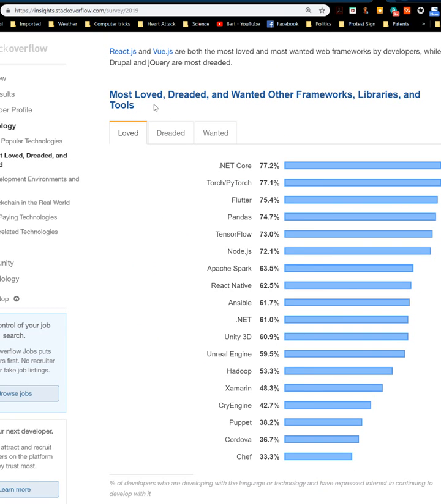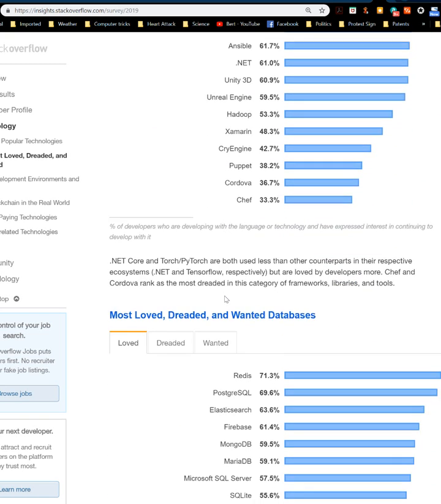Wanted other frameworks and libraries. Again, this is where you get into weird stuff like TensorFlow and CryEngine and Xamarin, whatever. I don't even know what that is really. I know it's a Microsoft thing. Unity, hate Unity. That leaves a bad taste in my mouth. Apache Spark. I want a credit card number from you. I think you can look at it. I don't remember. I mean, talking through my head on that, but Node.js, etc. Okay, nice and dandy.